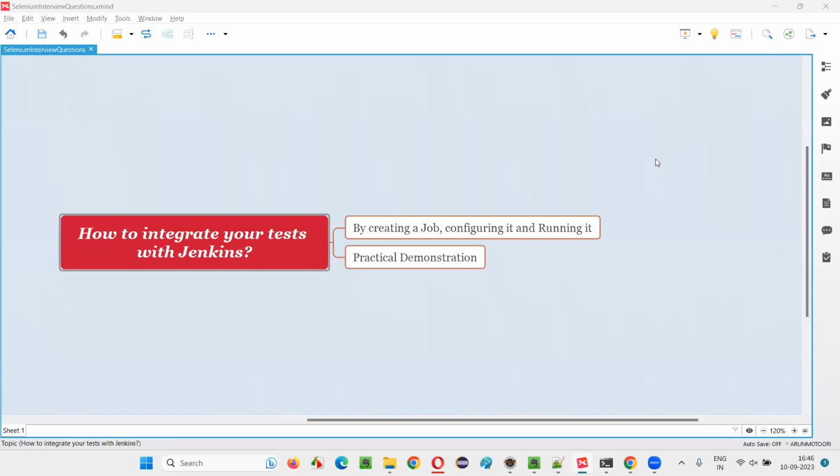In this session, I'm going to answer one of the Selenium interview questions. That is, how to integrate your tests with Jenkins. Let me answer. In order to integrate your tests with Jenkins, in Jenkins, we have to first create a job and configure the job with the project details and all. And then we have to run the job, that is build the job, so that it will run and display